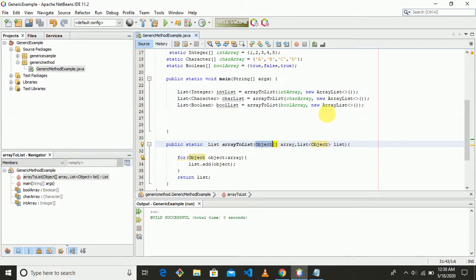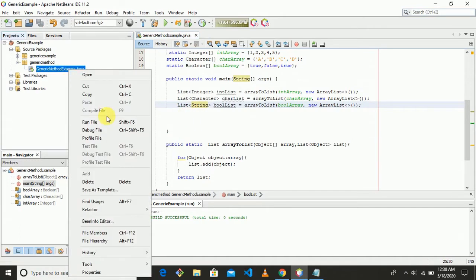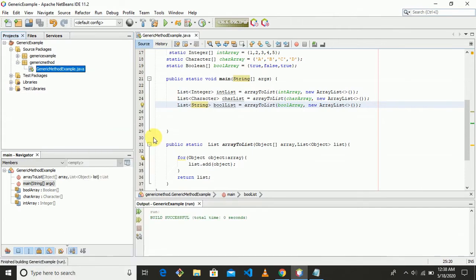Now let's try to change this boolean type of list to string. As you see there, we don't get any error. If you try to run this example, even though we don't get any error,